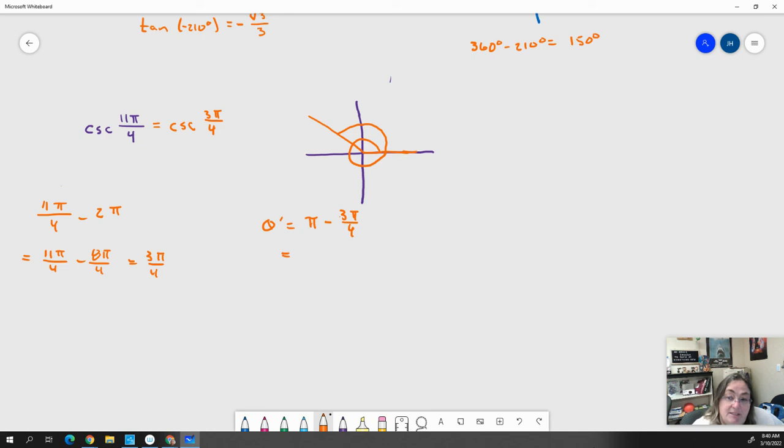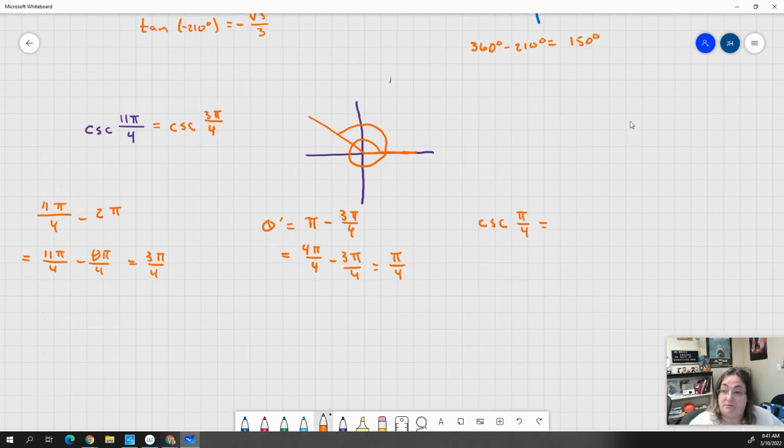We're going to find our common denominator, which will be 4 pi over 4 minus 3 pi over 4, which just gives us pi over 4, which means that so far right now we've got cosecant of pi over 4 is equal to,